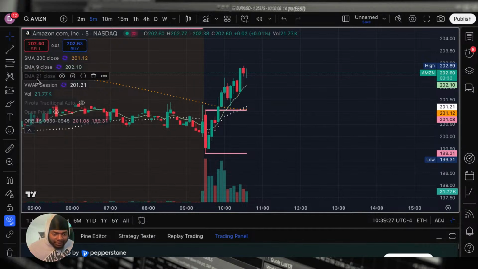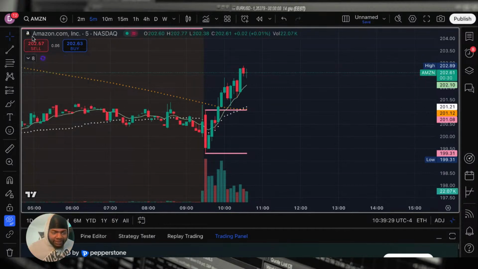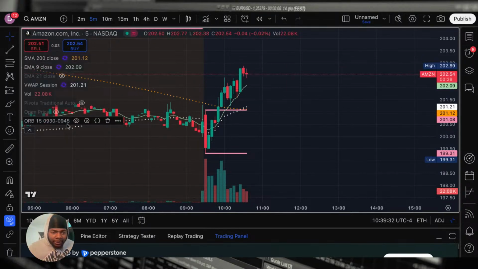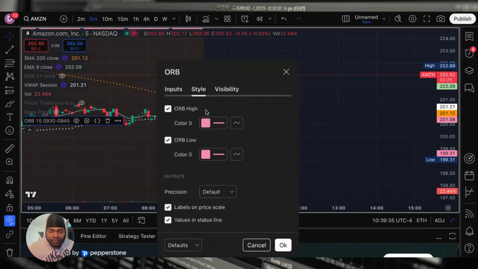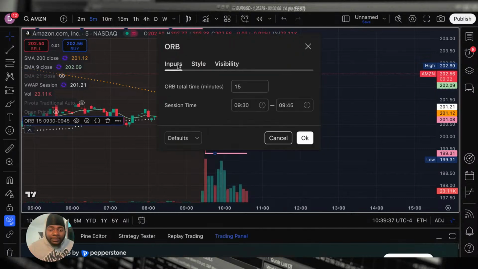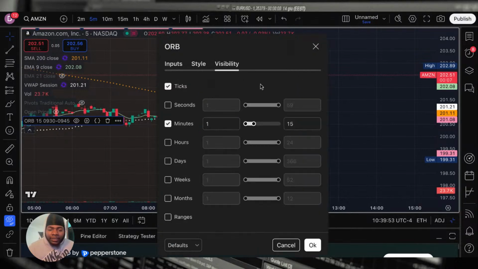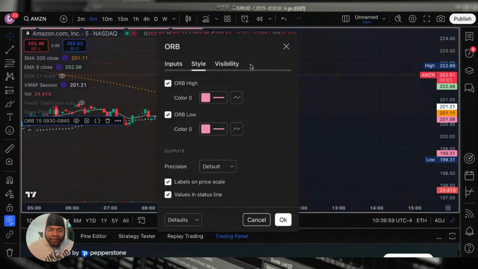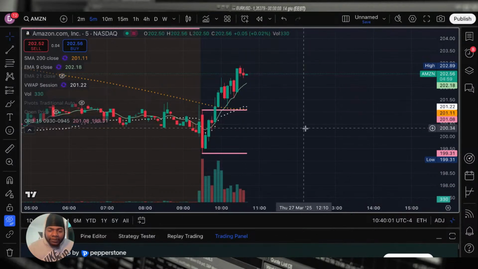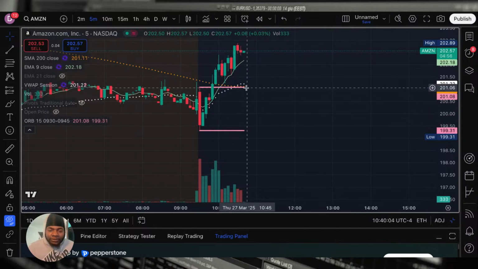All right, and the last indicator I have is the ORB right here. To be honest, some people say the ORB is the only thing you need on your chart. You don't even need these other indicators, but I use these other indicators along with my pullback strategy to enter my trades. So on this ORB right here, I have my pink level. I made it pink just because I like bright colors, and pink is what I'll be able to see on the chart. So ain't no way you're gonna miss these pink candles.